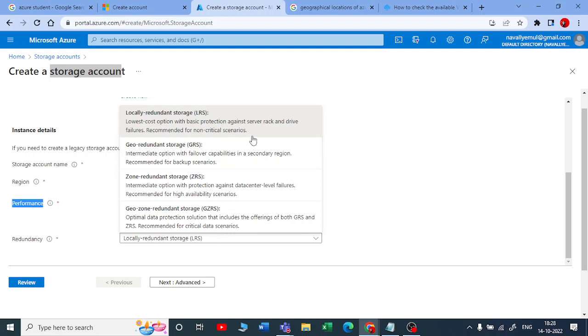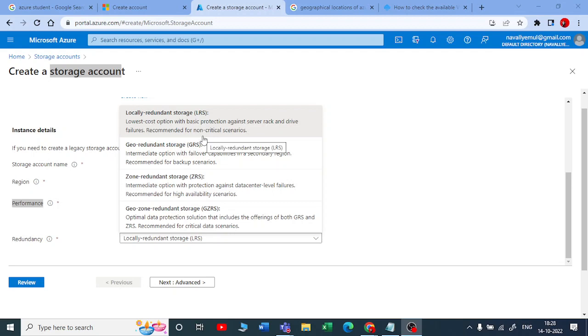If that server or rack fails, you may not get your data back. 99% it will not happen, but there are some chances if there is some mishap, you may lose data in locally redundant.